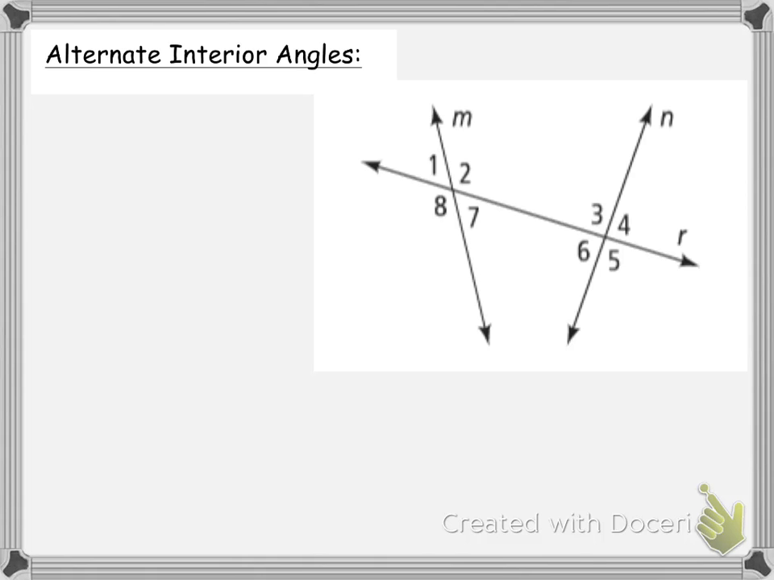And what I would do if I were you on your paper, since you only have one picture, is I would use colored pencils or markers or pens to kind of shade in these angles so you can identify the relationships. Okay? So alternate interior angles are